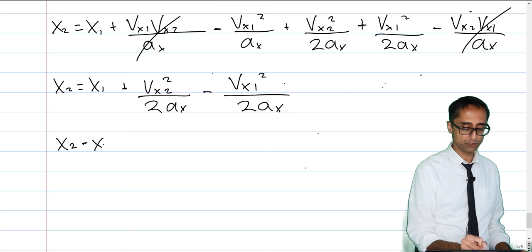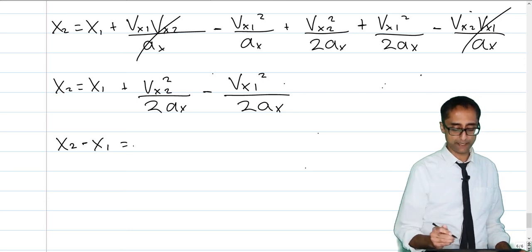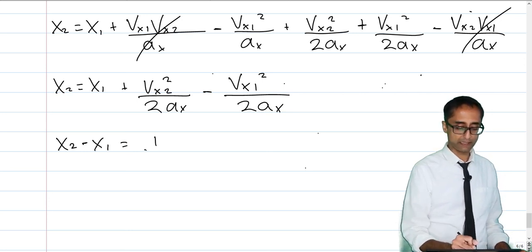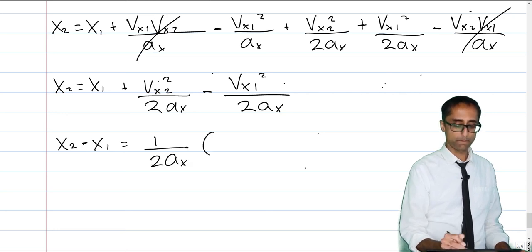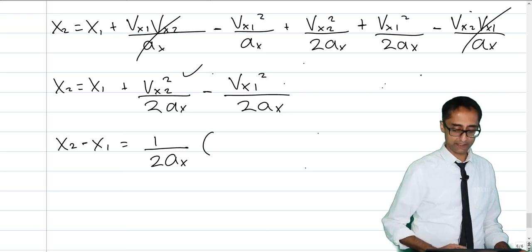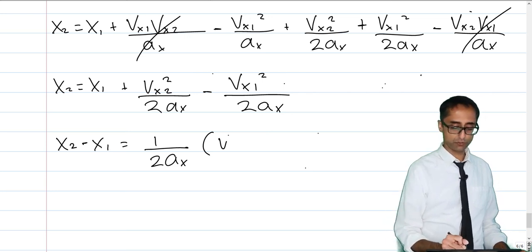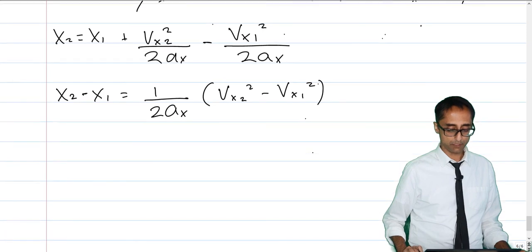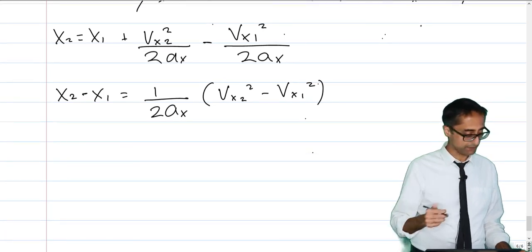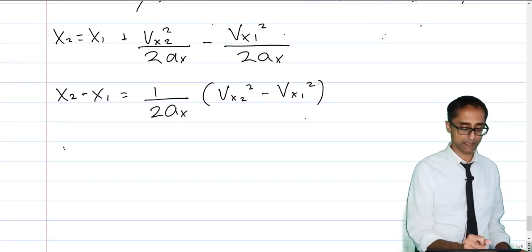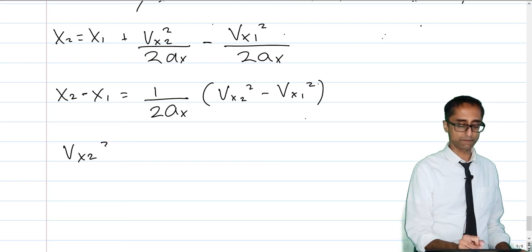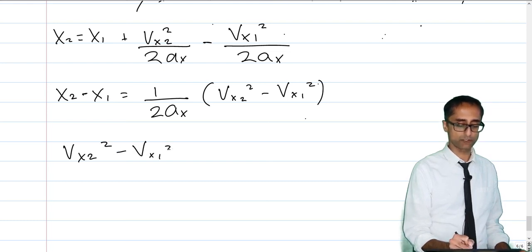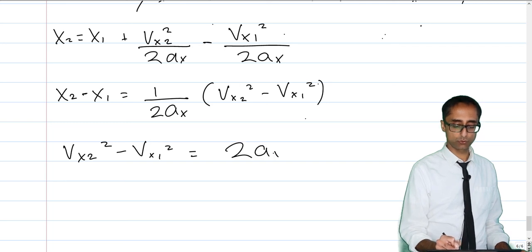We'll make this x2 minus x1 on the left-hand side, and we'll take the like term of 1 over 2ax out of these two terms, leaving us with Vx2 squared minus Vx1 squared, multiplying both sides by 2ax, and traditionally we have the velocities on the left-hand side. So if it's okay with everyone, I'll write this as Vx2 squared minus Vx1 squared is equal to 2ax, since I multiplied that through on both sides, multiplied by x2 minus x1,